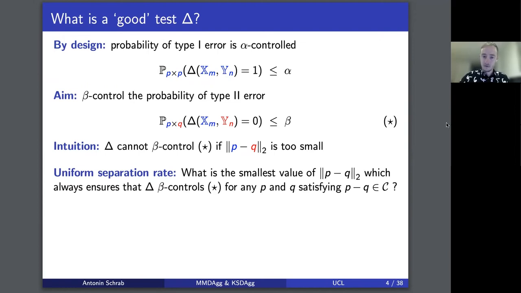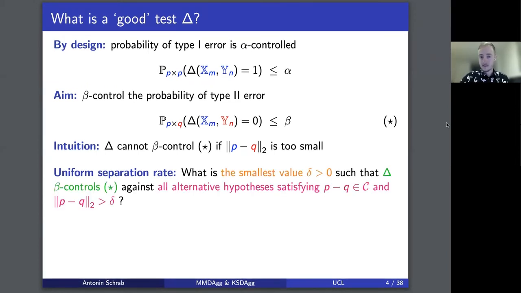And so we can rephrase this as: what is the smallest value delta such that our test is able to beta control the probability of type 2 error against all the hypotheses satisfying the two conditions that P minus Q belongs to that class of functions, and that the L2 norm of P minus Q is greater than delta. So this is equivalent to what was written before, and we write it this way so that